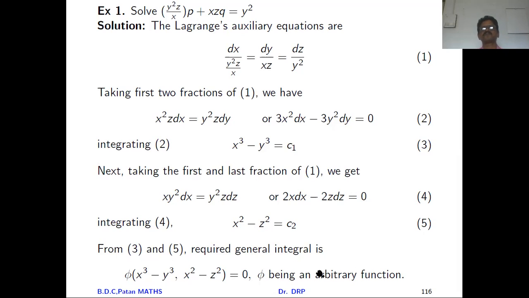So friends, if you understand that these two solutions together are a solution of the simultaneous linear equations, and if you consider this as u equal to c1 and this as v equal to c2, then phi of u comma v equal to 0 is a solution of this Lagrange's equation, that is Pp plus Qq equal to capital R. So if you understand how to solve the Lagrange's linear equation as well as its theory part,